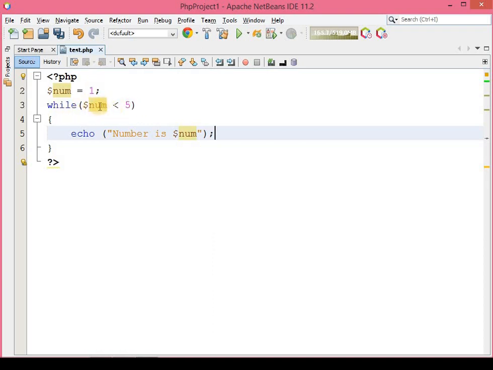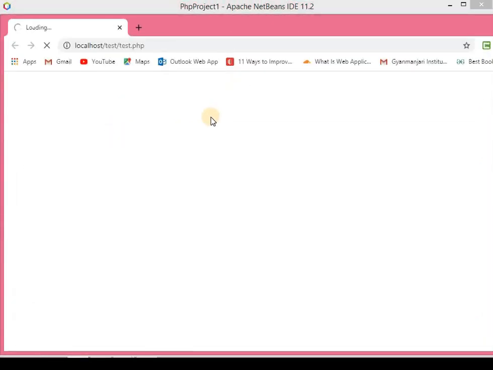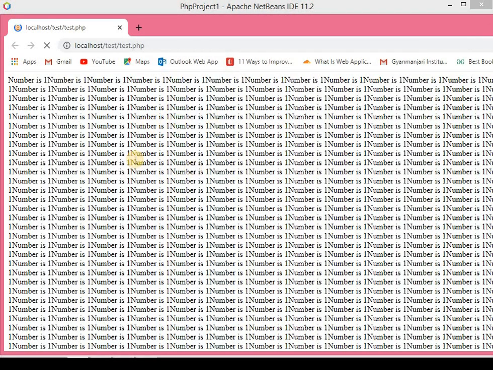What is the value of this number variable? 1 is less than 5. Yes, so this statement will be executed. Now let's see the output. Execute this. Now you can see that it's an infinite loop. It has become infinite looping.